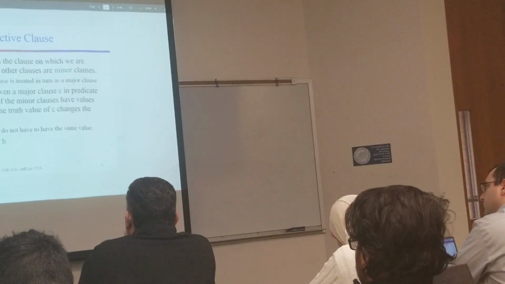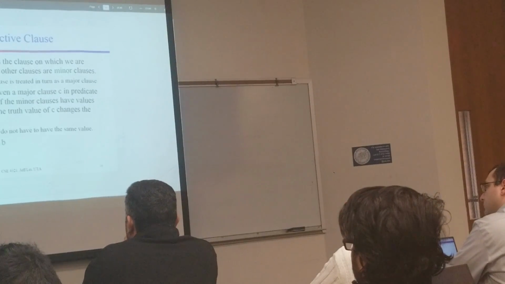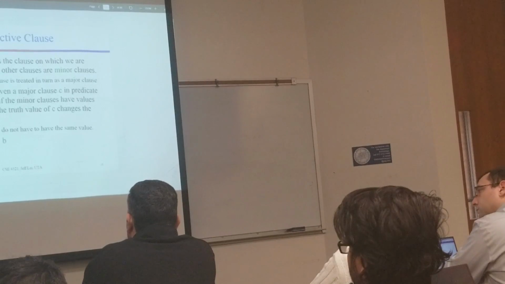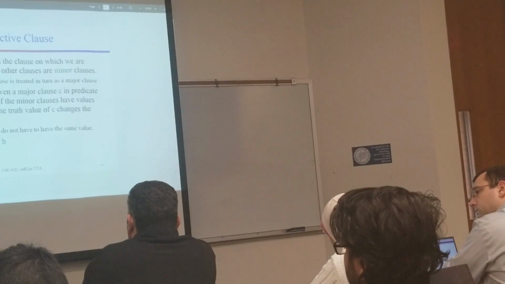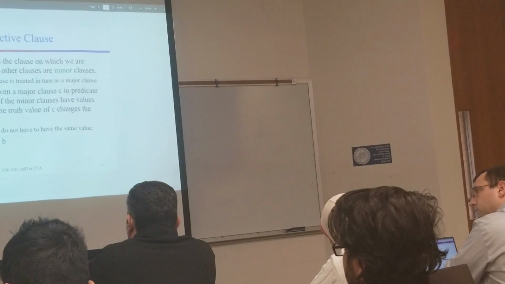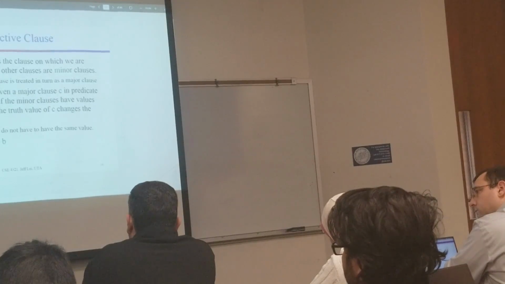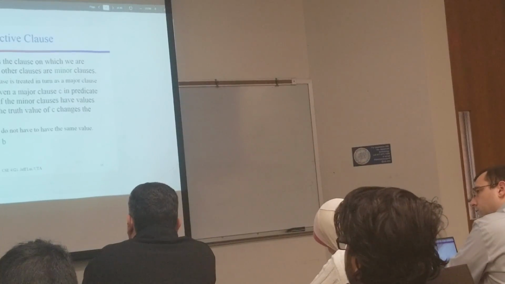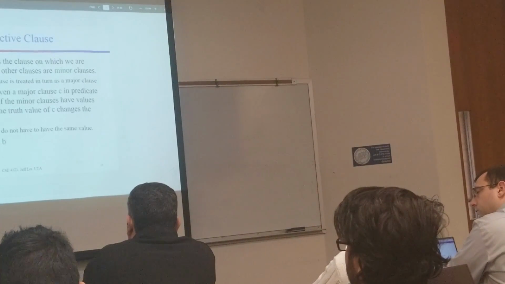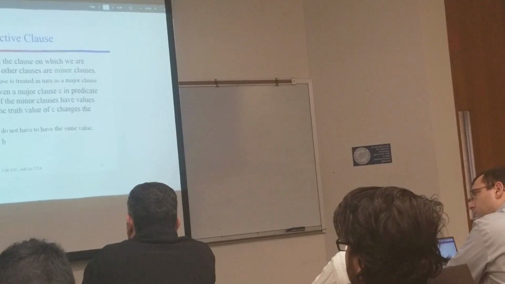Okay? One important note is that the clause and the predicate do not have to have the same value. What is important is that if I change the clause's value, the predicate value has to change. I may be changing the clause from true to false, and the predicate may change from false to true. That is okay. That's what I said if you flip. You also need to flip the predicate value so that you can see the impact of that clause, but they do not have to have the same value. But you have to be able to see the change. That is important from the testing